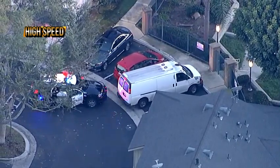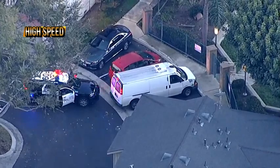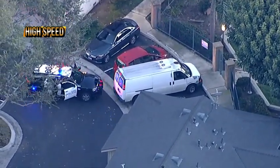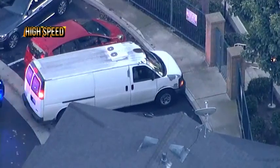Oh, I'm sorry. Yeah, we're actually on the north side of the Disneyland TFR, so we are going to be forced to hold this position right here. Unfortunately, we can't see the driver's side of that white van. But again, if you're just tuning in, there is a pursuit driver that is just